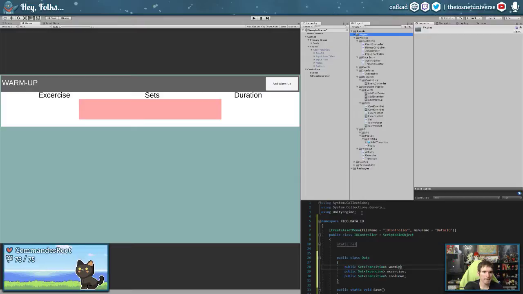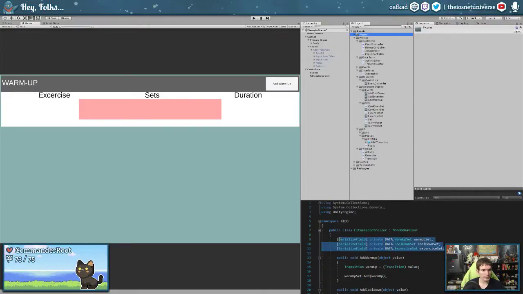exercise, warm-ups, exercises, cooldowns. And what we're going to do is when we hit save, we're going to say that each of these is equal to, well, when we hit save, we can actually just read the actual data structures themselves. So we can even assign them inside of this. So we're going to do that. Let's see, what's the best way? I guess technically that means that we don't need to have these in the fitness controller.